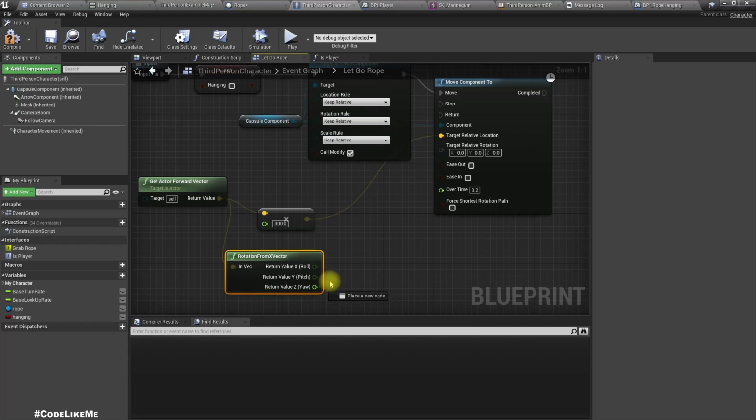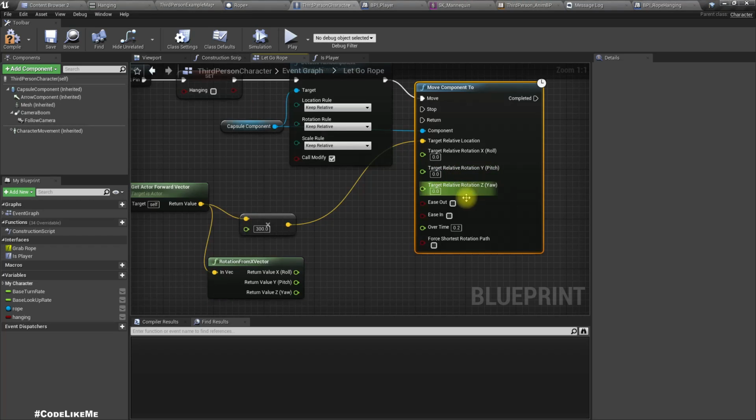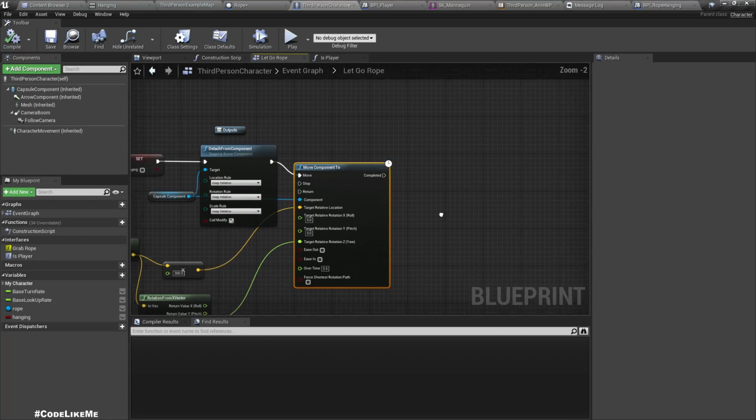Let's try this, I'm not sure. And then split, use for the z 0.5, okay,